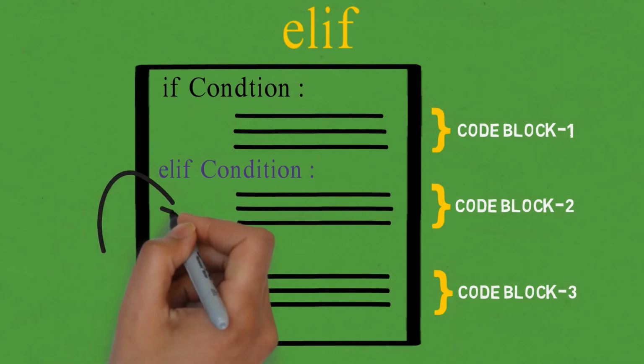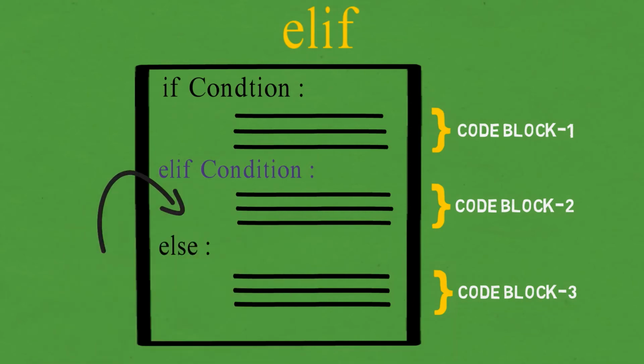And the last but one of the most important concepts which you should never forget is indentation. Remember, the indentation is there for all the three code blocks that we have defined: for the first code block, which is under if, for the second, which is under elif, and for the third, which is under else. So never forget that indentation.